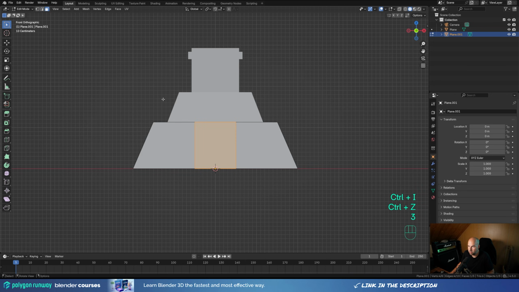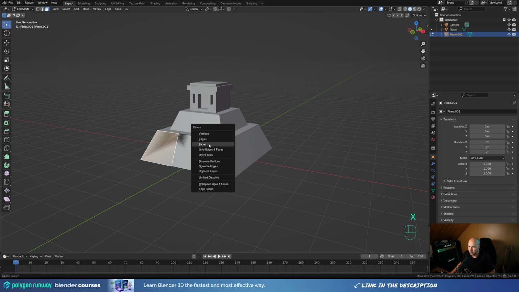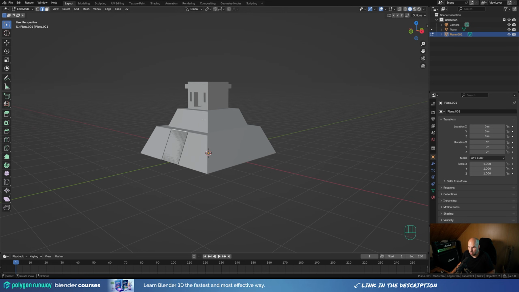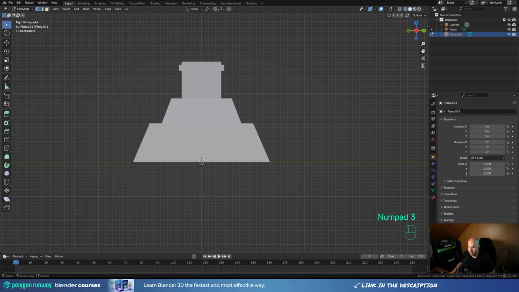And now again 3 for face select. Let's select these two faces by holding Shift, press X and delete them. Now press 2 for edge select, or again click here, select this edge on top. Let's look from the side by pressing 3 on a numpad, switch to vertex select, press G twice to begin sliding down, and then hold Alt key so you flip the sliding direction and slide this all the way up